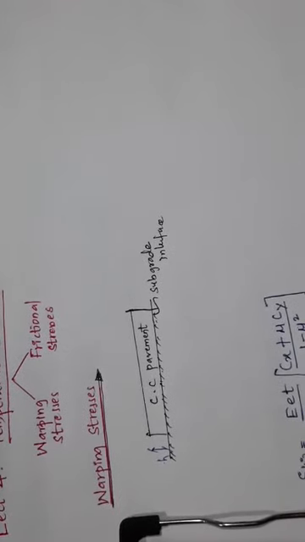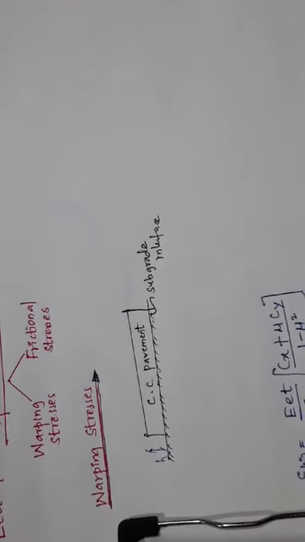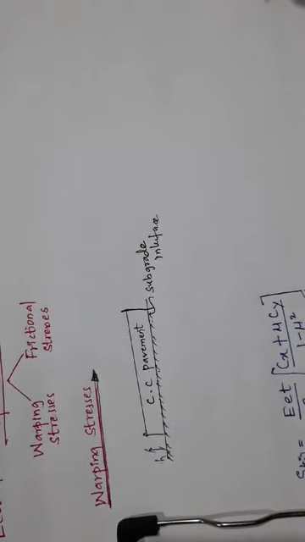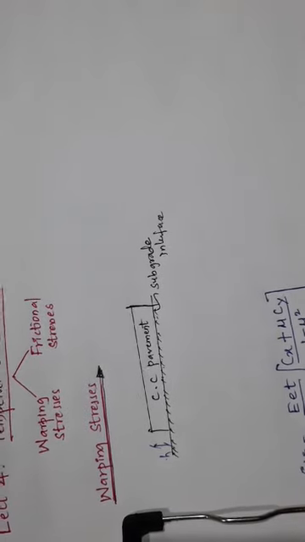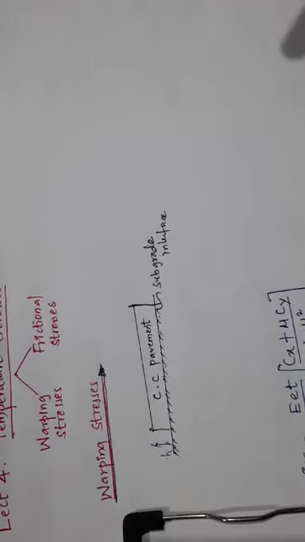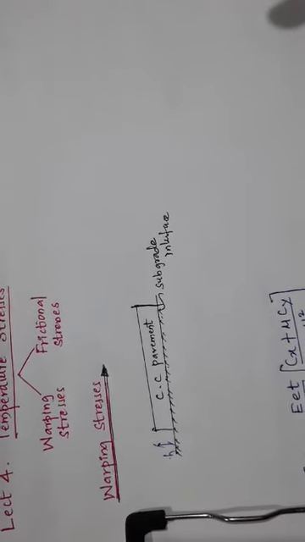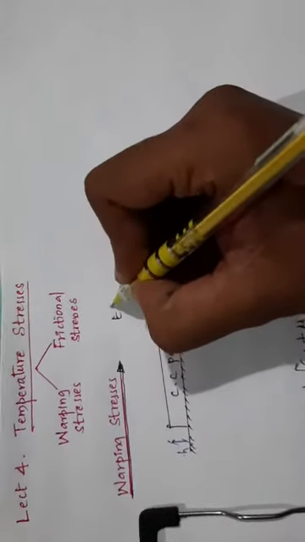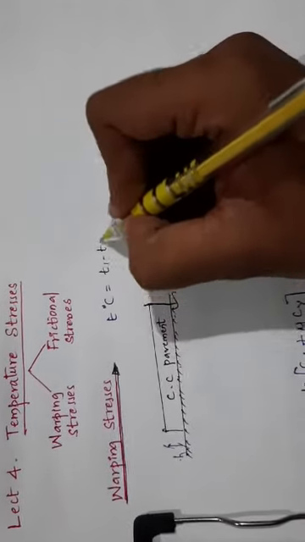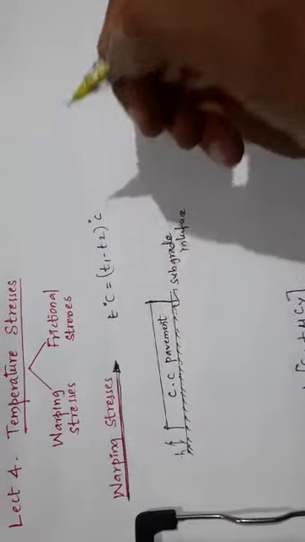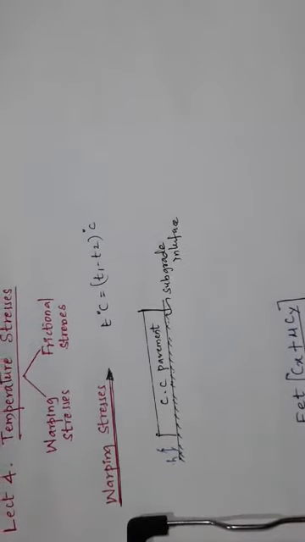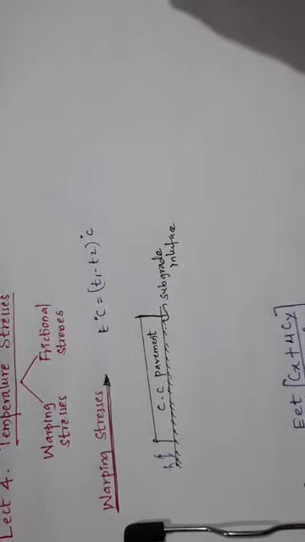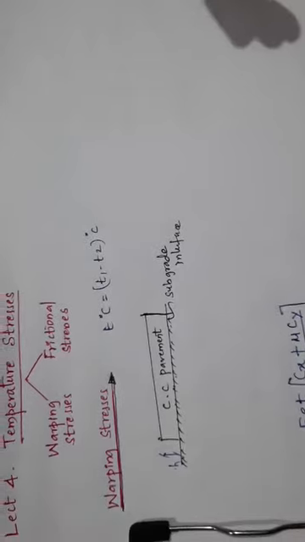The maximum difference between the temperature of the top and the bottom slab may occur at some period of the afternoon, at mid-noon. So if the maximum temperature at the top of the CC pavement during the day is T1 degree Celsius and the temperature at the bottom of the pavement at that time is T2 degree Celsius, then the maximum difference in temperatures between the top and bottom of the slab, the temperature differential of the day, is given by t degree Celsius, nothing but T1 minus T2 degree Celsius. Clear? The temperature difference between the top and the bottom of the CC pavement results in differential expansion of the slab